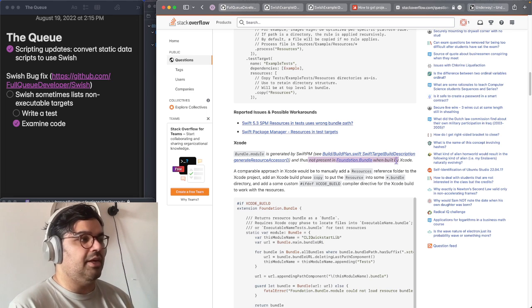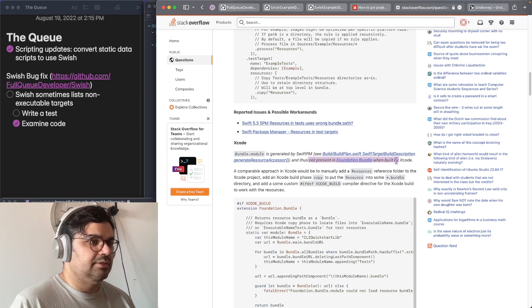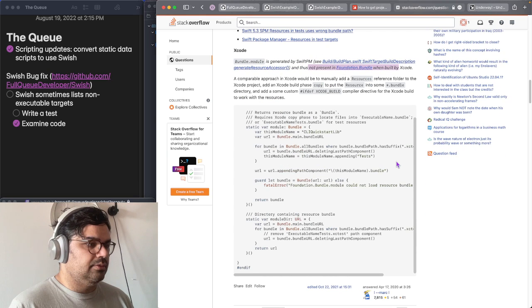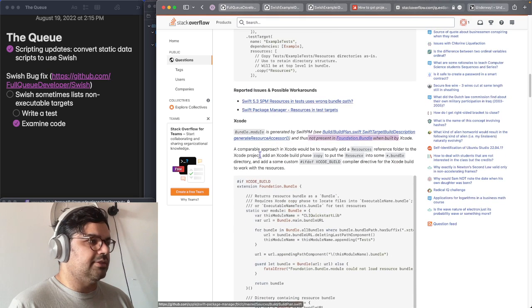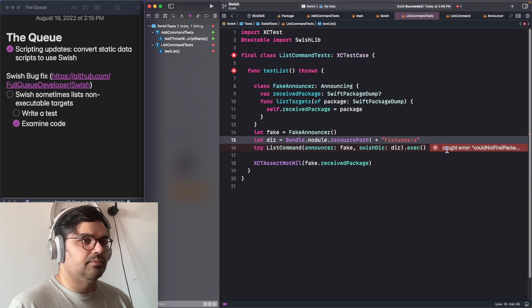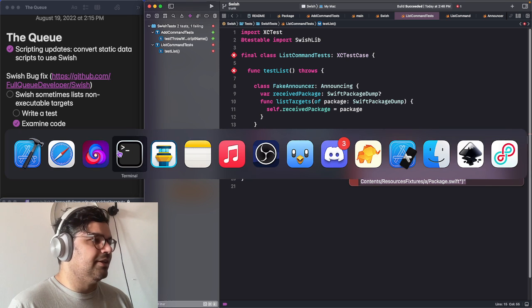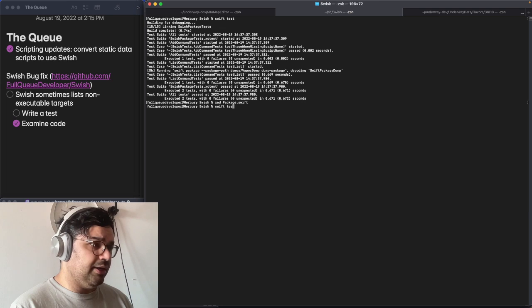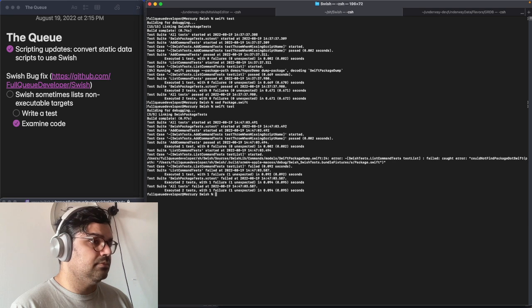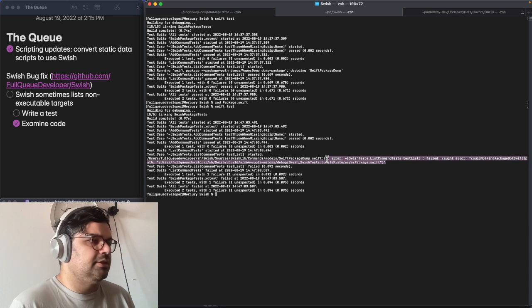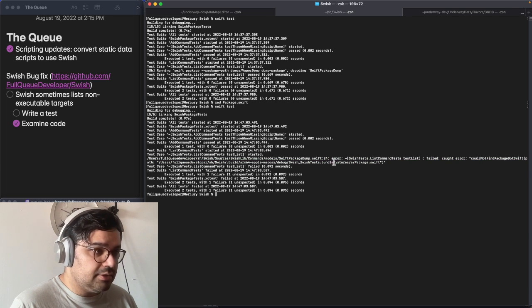That's not present in Foundation.Bundle. Fascinating. Oof, that's spicy. But it got something. Let's see how it does on the command line. I guess it kind of got the same error. Could not find package. Oh, it looks like it's missing a separator there. If we just put a slash there,